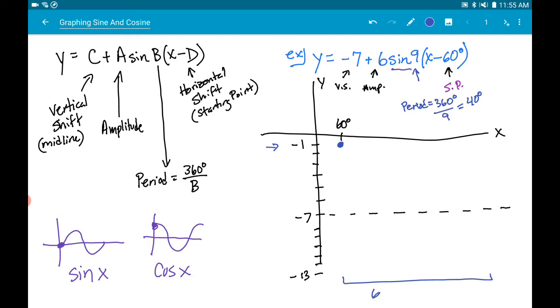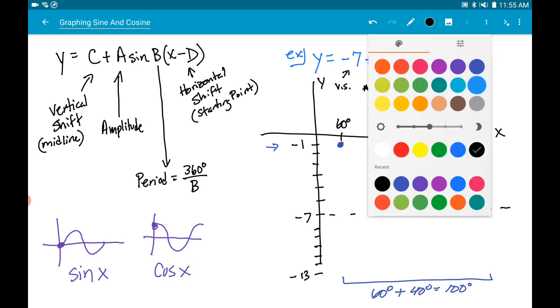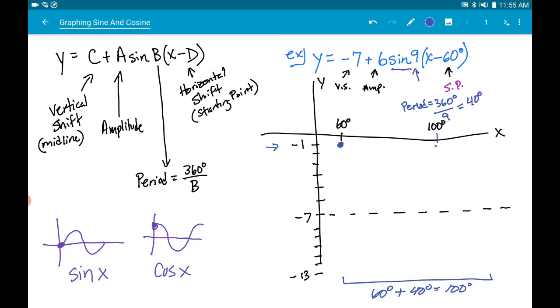So if we're starting at 60 and the whole thing's supposed to last 40, then it's going to end at 100. And it's going to end where it began. That comes from the unit circle. And because it has this shape down here that I'm redrawing,